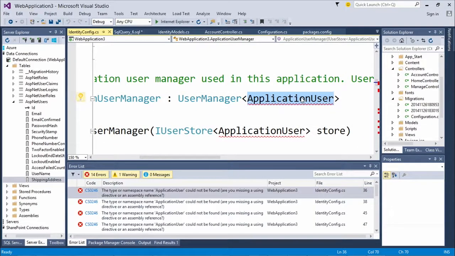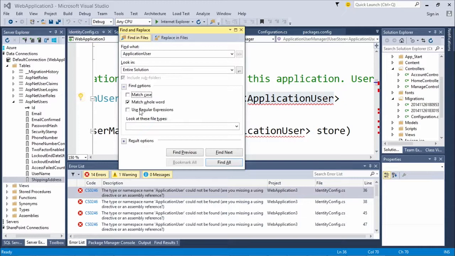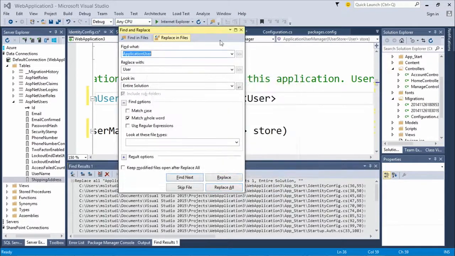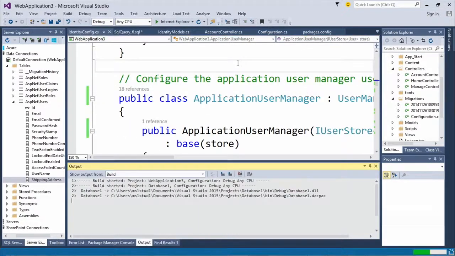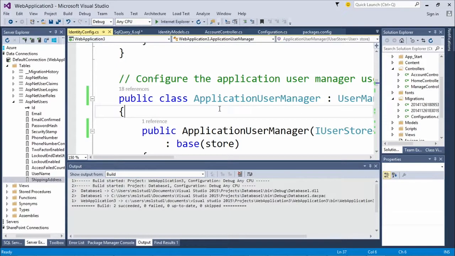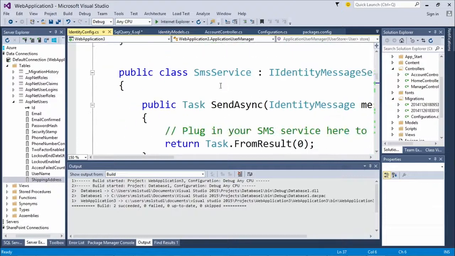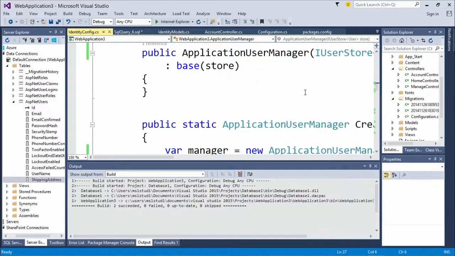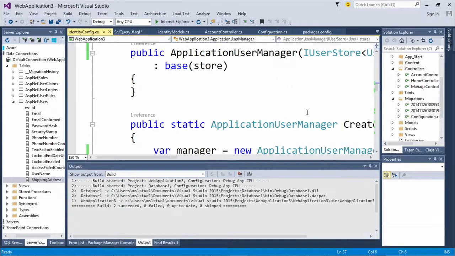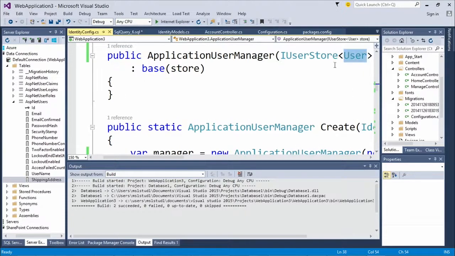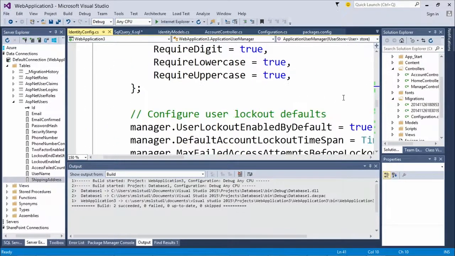We've just changed that. So what I can do right now, let me match this word and replace that. All right. So the first thing I did so far was change the name of that table from ApplicationUser to just User. And then I refactored my application and changed all those names, so everything refers to User instead of ApplicationUser. Next,